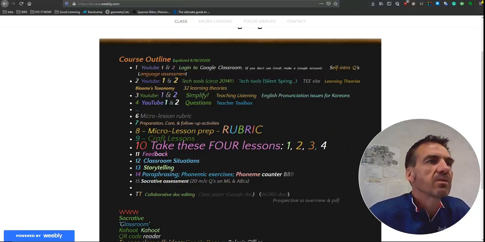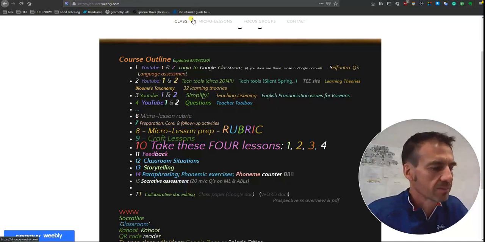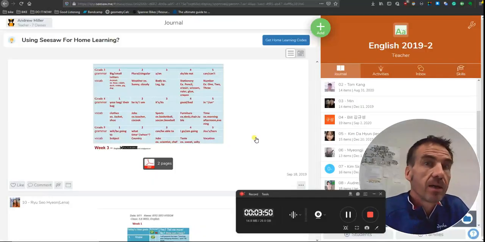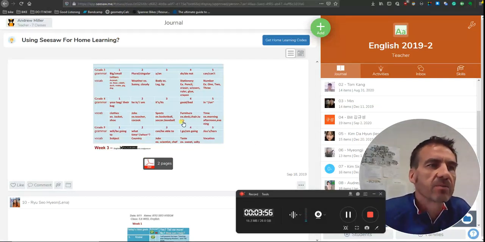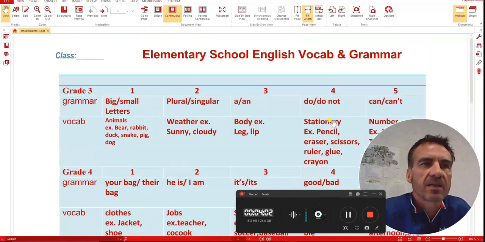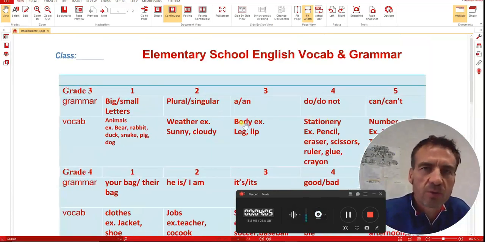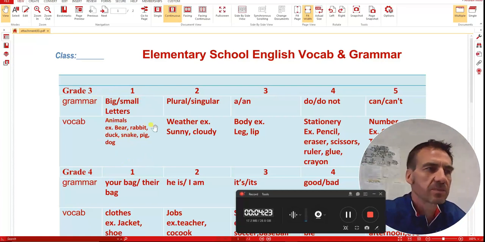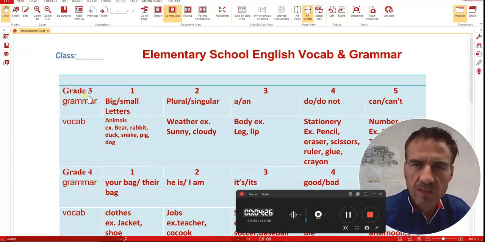So, if we go to, let me see, an example of what students would be doing in class. So this is again from students that have done this from previous years. Basically, I'd ask the students to go through the elementary school books, which I provided, and find different grammar and different vocabulary that was taught in different lessons. So basically to see what kind of words and language was being taught, how difficult they were, how it was arranged. So if we look at grade 3, where the English courses start,